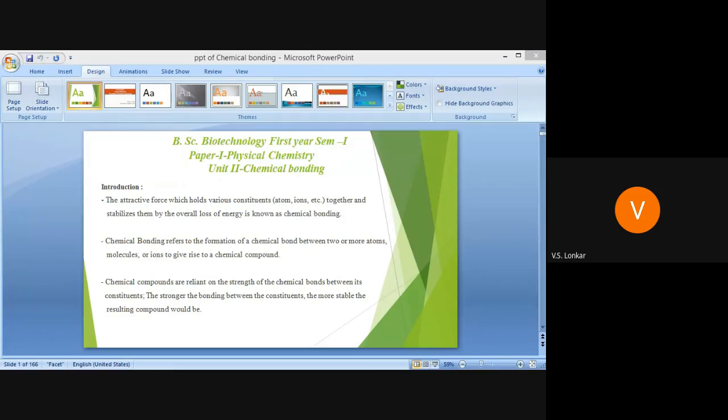Today we have the lecture of physical chemistry. In the last lecture we discussed the molecular orbital theory, and we completed the linear combination of atomic orbitals, which is used for the representation of the molecular orbitals. We know that molecular orbitals are formed by the combination of two half-filled atomic orbitals from the two atoms, and after that the electrons are added in those molecular orbitals.